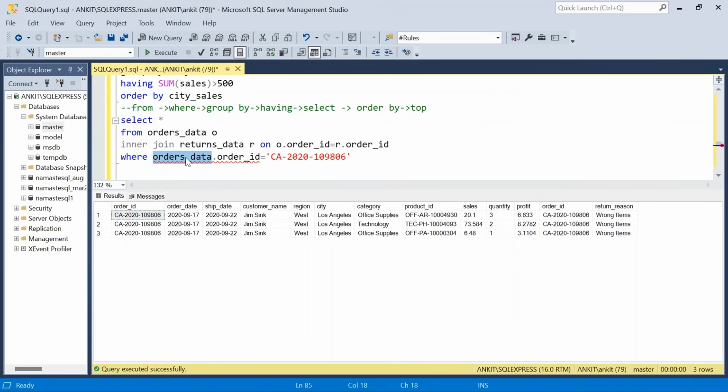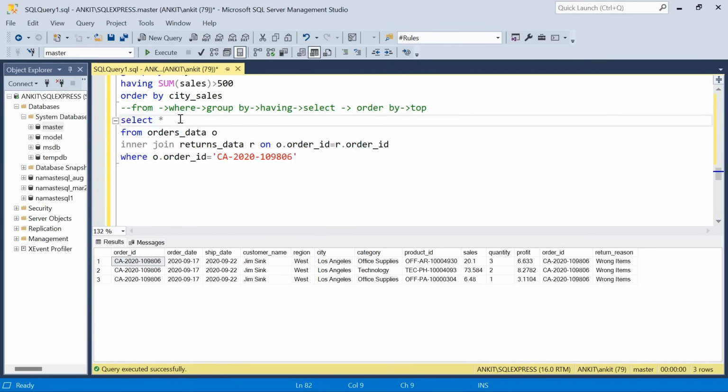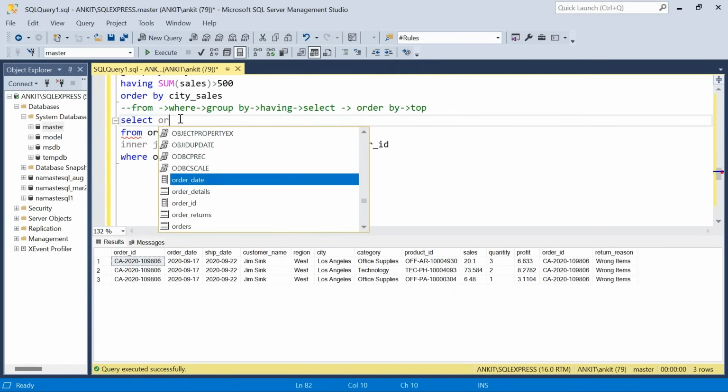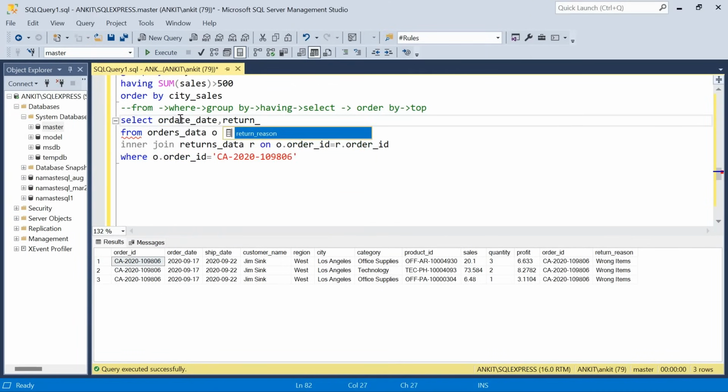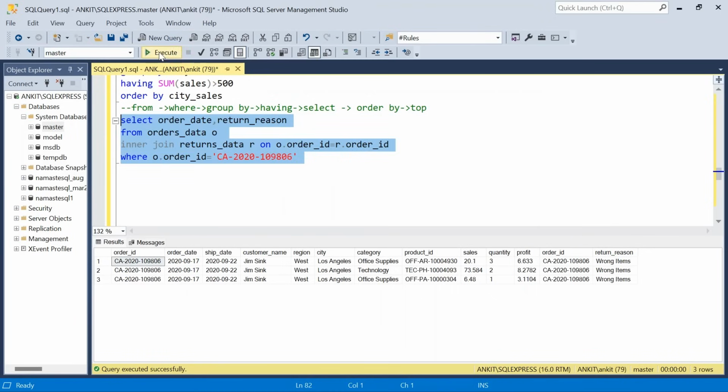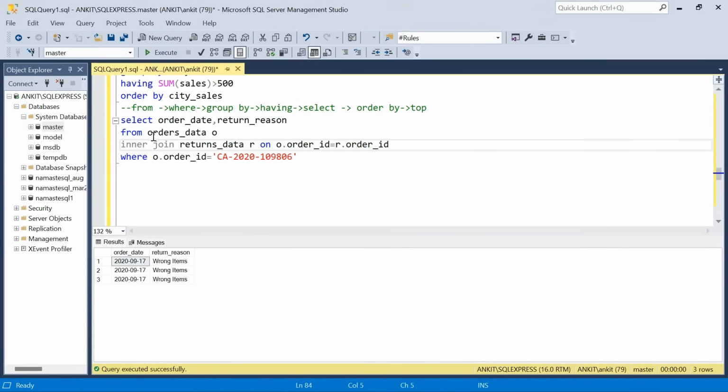So again, I can say O dot order ID, right? Now, if I run this, it works absolutely fine. Now this is fine actually. If you say any other column, for example order date or return reason, there is no problem as such, because these columns are unique. These are not present in both the tables. But the best practice is, if you are joining multiple tables, if you are using a join, always give alias,